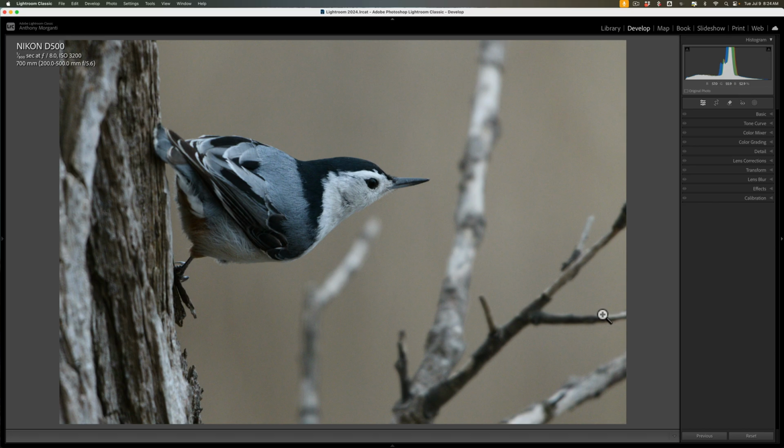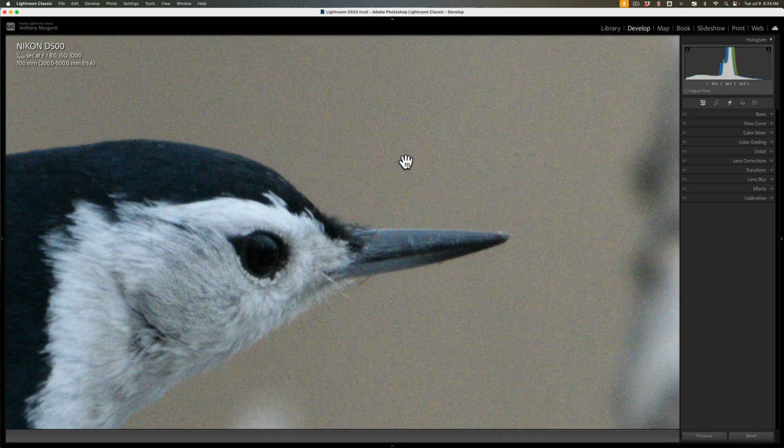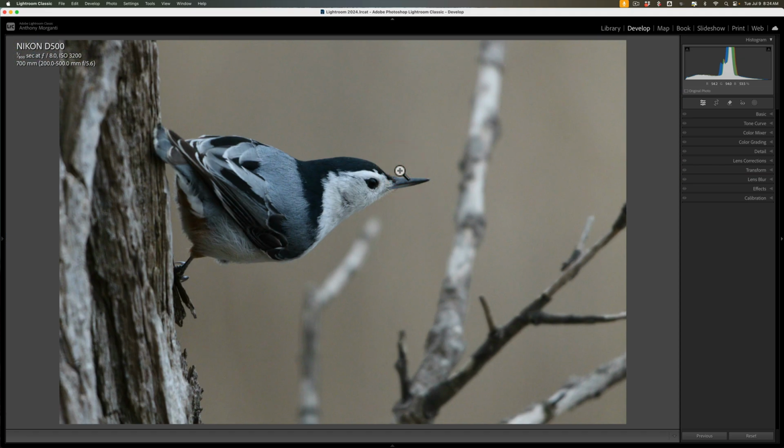This type of image is typical of an image where I would not use a third-party app. It was shot at ISO 3200. There's noise, but it's not overwhelming, and it's an okay image. It's not something that's going to win any awards, but it's a nice image, and I'd like to share it